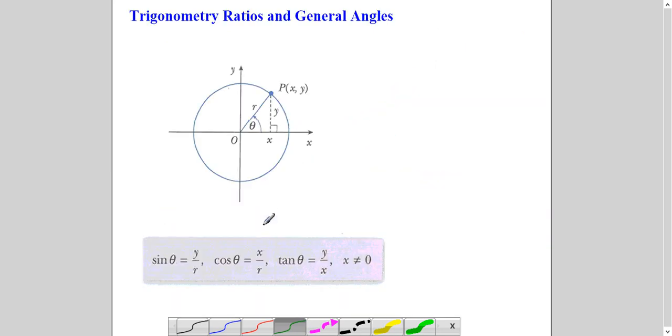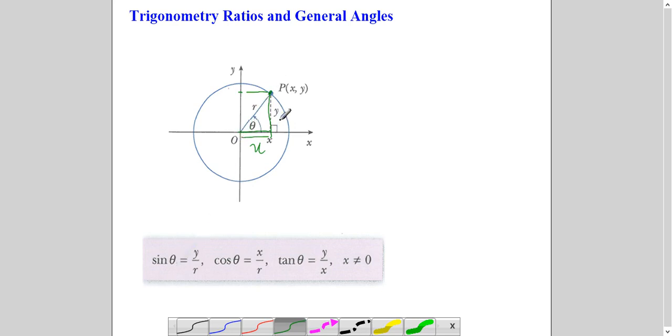Now one more thing before we continue, because now we are talking about any angle, not just right angle triangle. So if you look at this line, which has been rotated from here till here, and it is some point here, we know from coordinate geometry, if we measure the point, we drop the line. This is called x point and this is called y point. That's why it is written here x comma y. So this side is x, this side is y, and this side is called r, right?